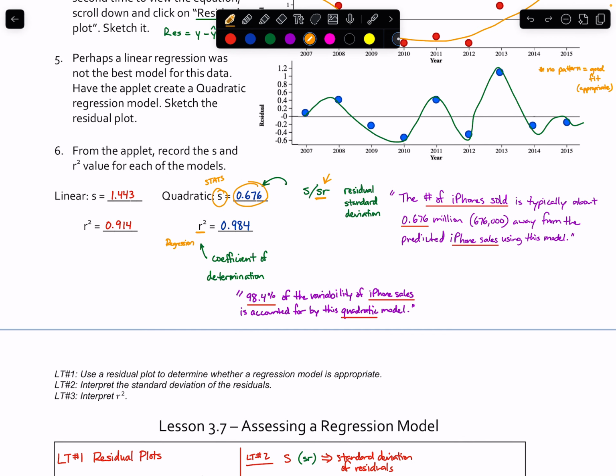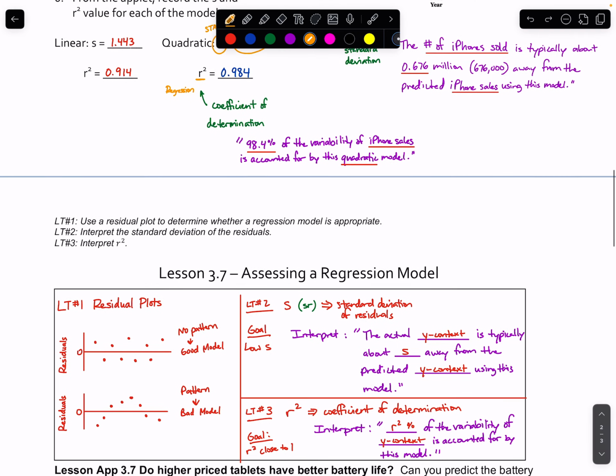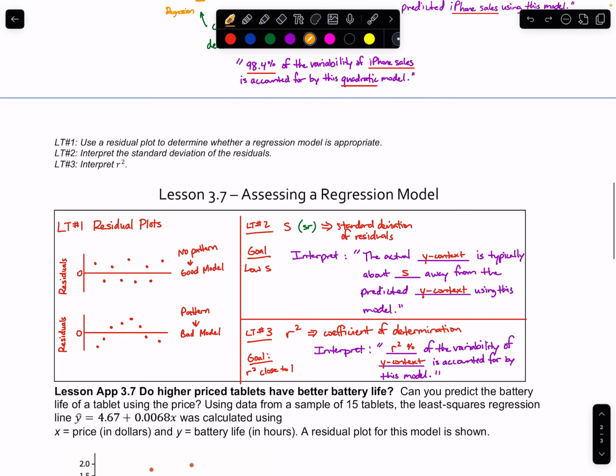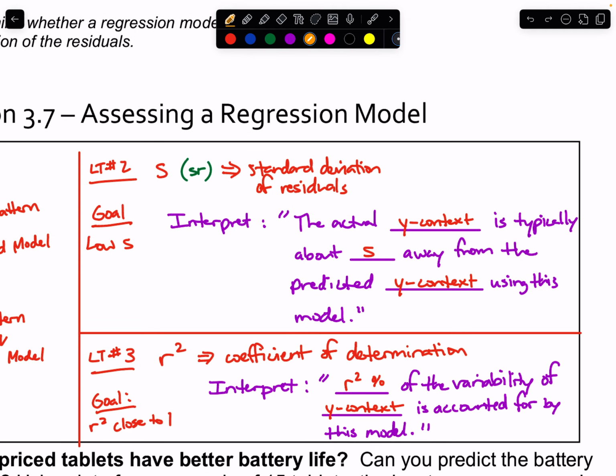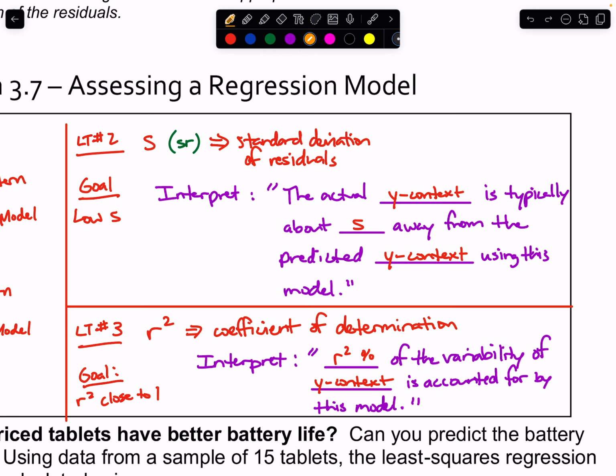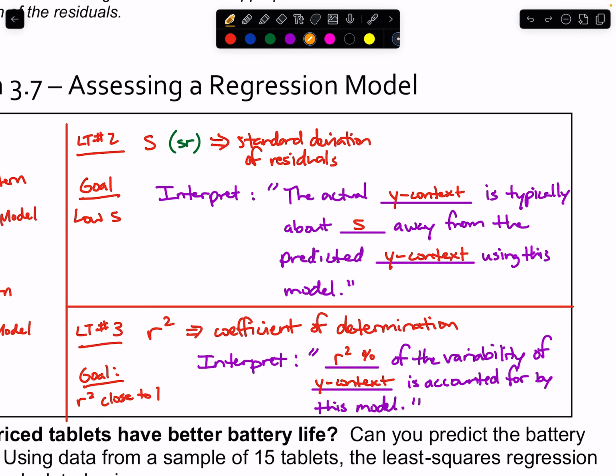But what are those? To wrap this up, I'm not going to spend too much time on this because you can take a screenshot of this or write this down on your own time. But the standard deviation of residuals is exactly what it means. It's the standard deviation, how far away from average, basically, of the residual data set. And your goal here, the key, is you really want that number to be low. We want that to be as low as possible,